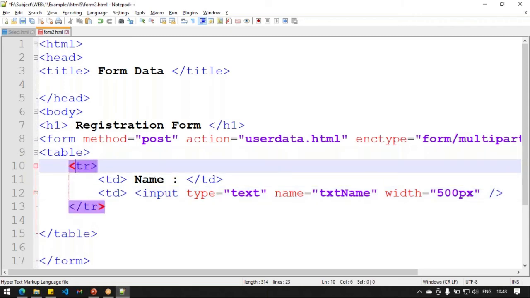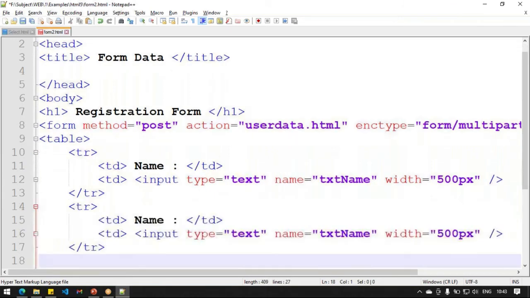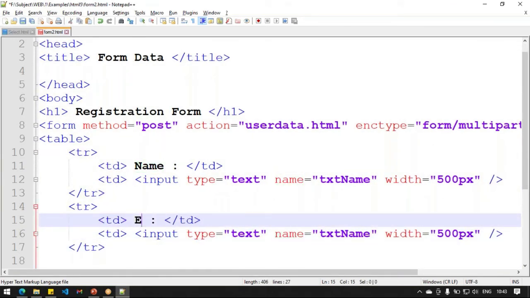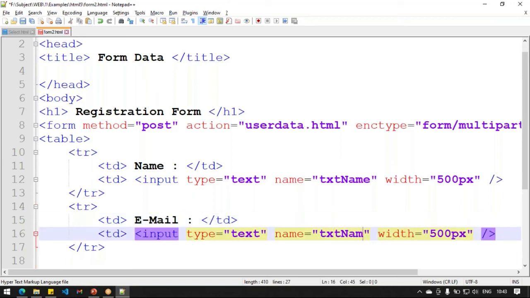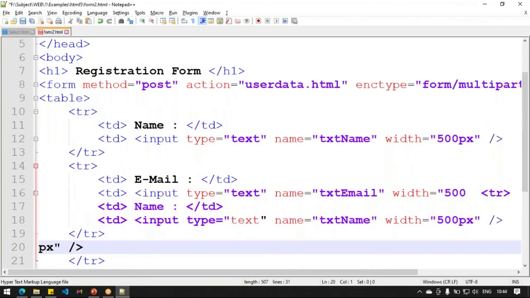Now let's just copy this, another tr for email. Email, right? Let's just copy this.